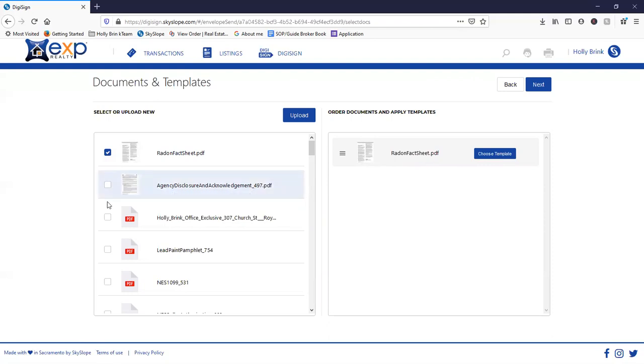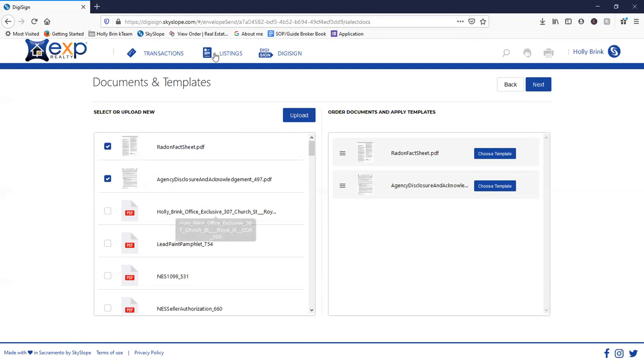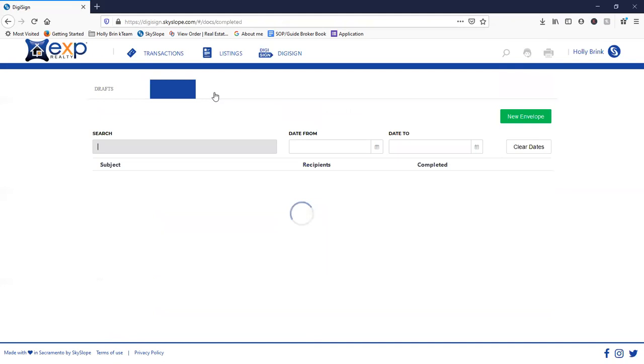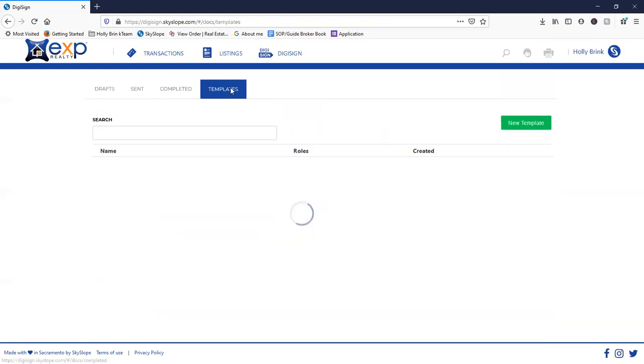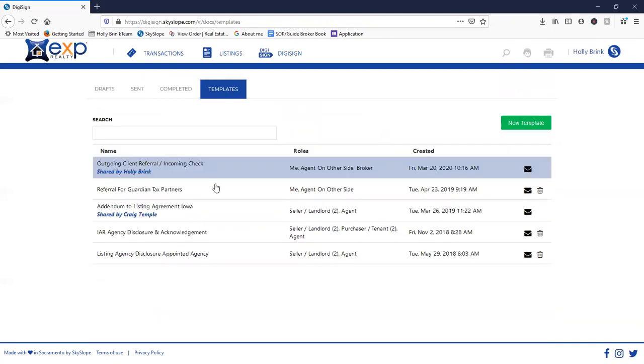And then what happens is if you choose the template once we've created it and you assign it, then you don't have to drag and drop where things go. You just hit next and automatically it's going to come to you so you can fill in what you need to fill in, like the date or whatever. So if anybody wants to volunteer to do that, you just go to DigiSign templates, create a template, and then